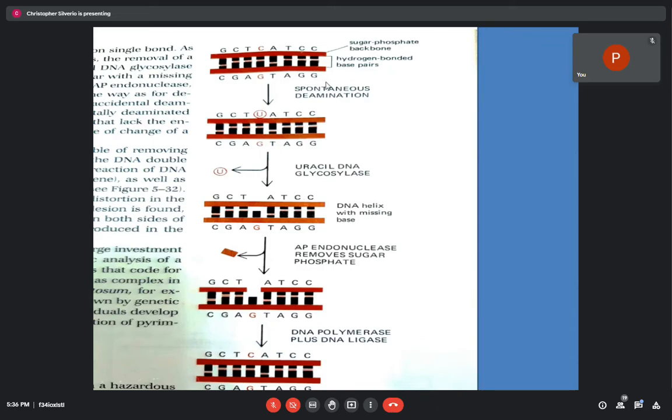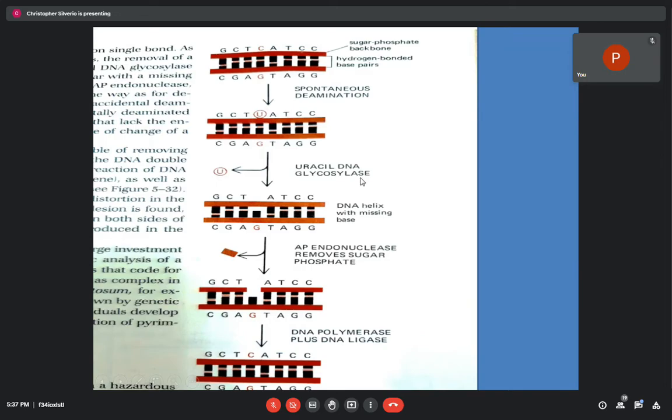As you can see, class, this is the normal double-stranded DNA. And then by spontaneous deamination, what happened to cytosine? The cytosine is converted to uracil. So, uracil and guanine, it is an abnormal pairing. So what will happen is that